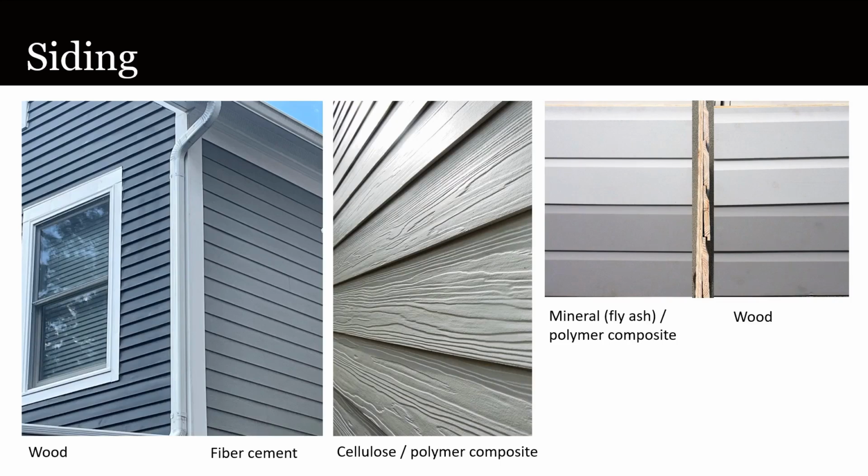The thickness of the butt edge of a board could vary as well as its exposure, though the clapboard was generally no less than 3/8 and no thicker than 3/4 of an inch, with the wider exposures generally being at the thicker end of the spectrum. The photo on the left shows wood siding on the front of this house with a narrow exposure and a butt edge that is between 3/8 and 1/2 inch. The siding depicted on the sidewall of the house is fiber cement board with both a wider exposure and a thinner butt. Though the exposure could have been matched by increasing the lap,